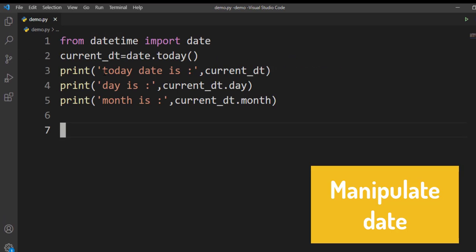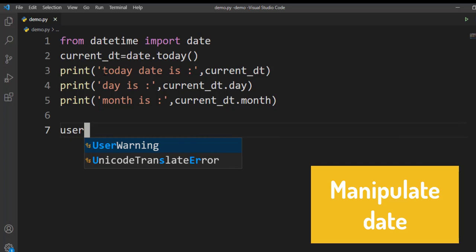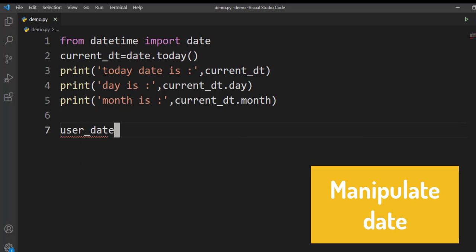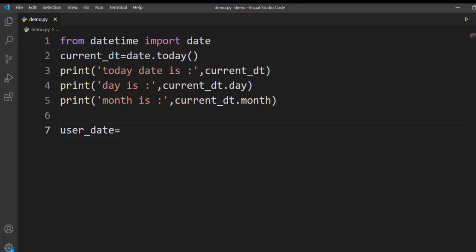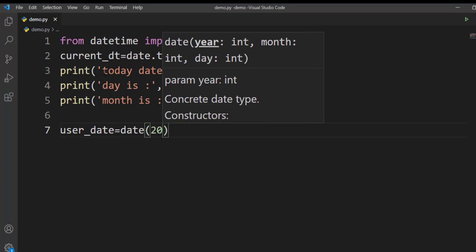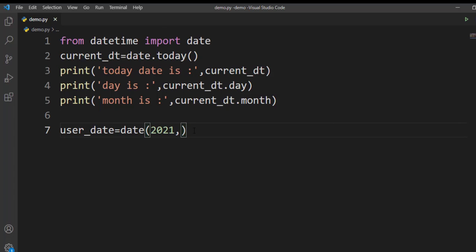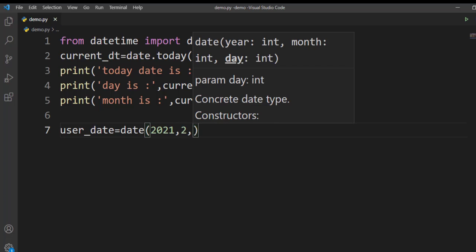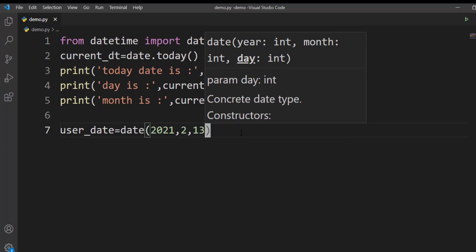Now if I want to change the date here, I'll take one more variable, user_date, equal to date. First we have to mention the year, I'll mention 2021. Next we have to mention the month. Instead of the 3rd month, I'll mention 2 here. And I'll change the day also.